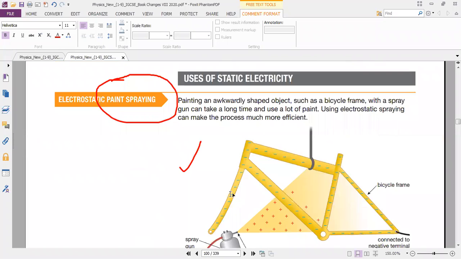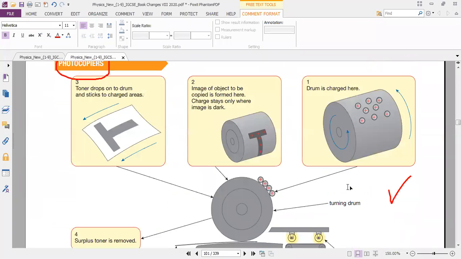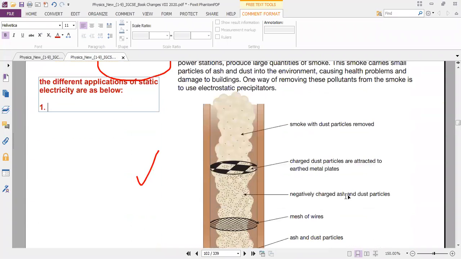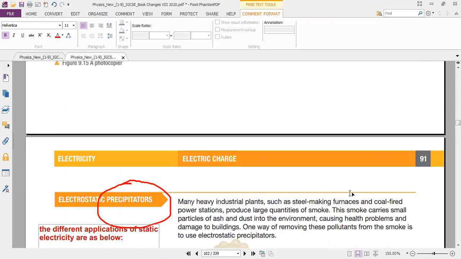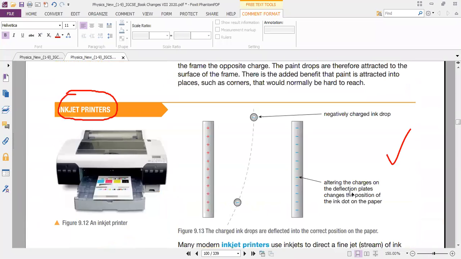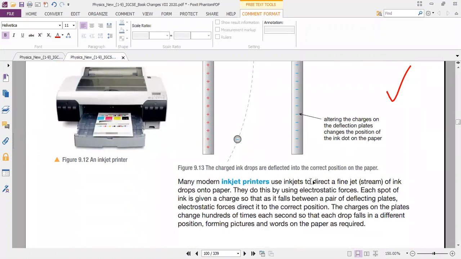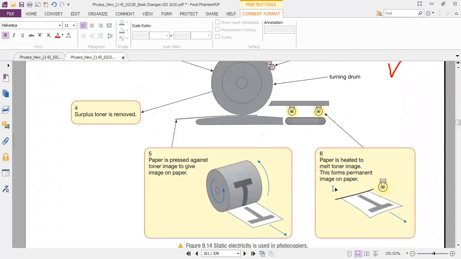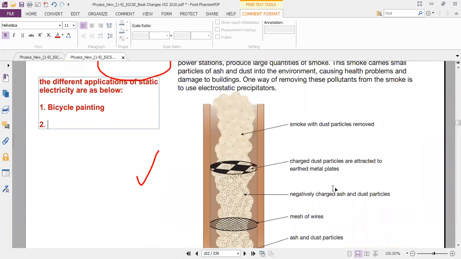Look at this metal frame. So bicycle metal frame painting is done by static electricity. Number two, look at this, was this inkjet printer, these ink guns. Detail, you can read it just a while to get the knowledge. Otherwise,